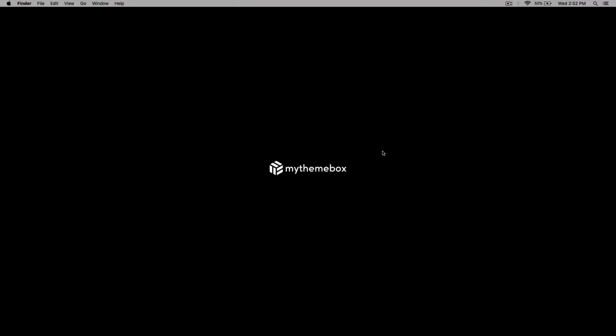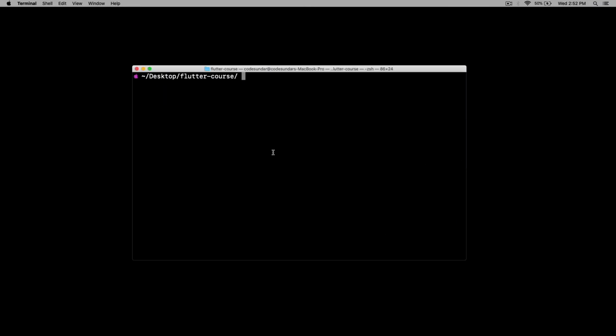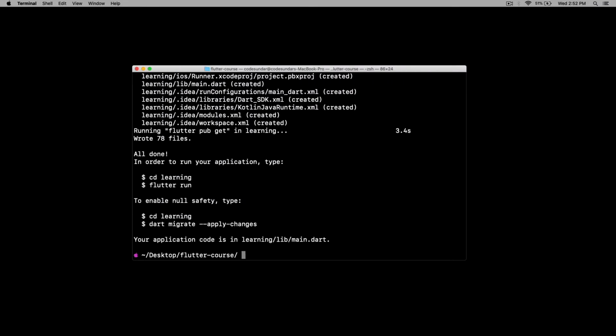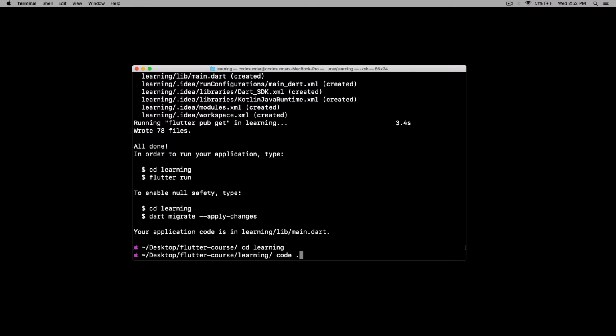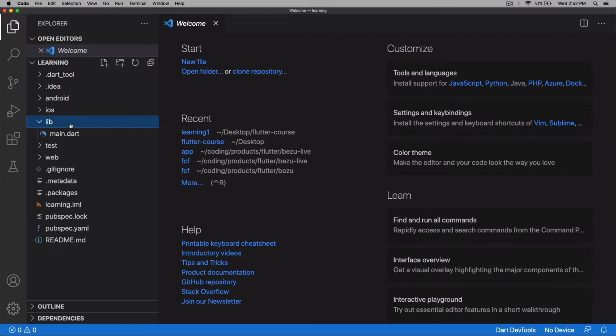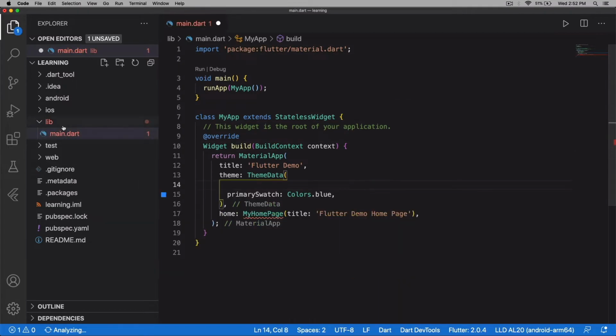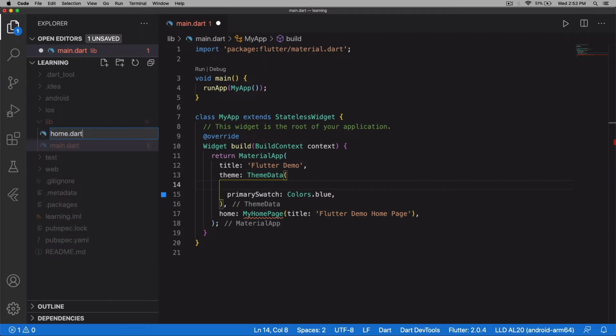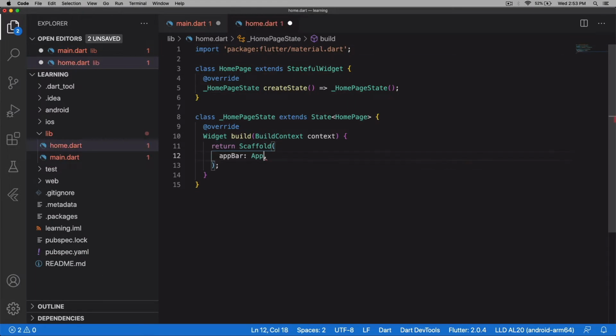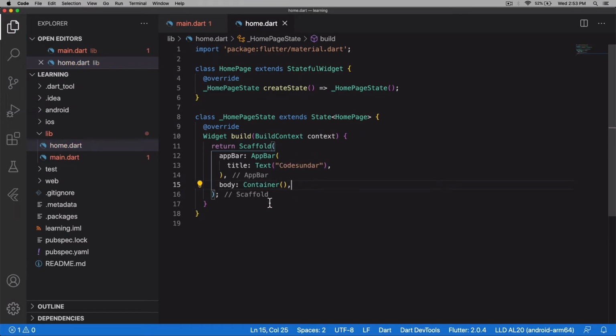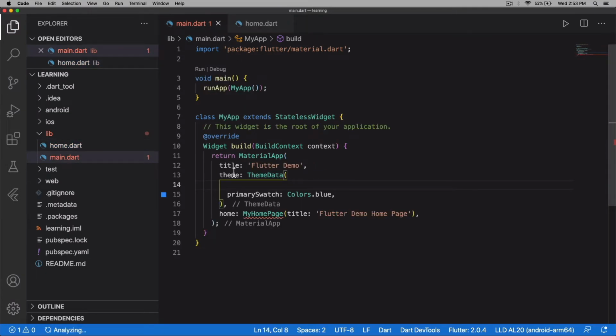To work with the Facebook login, first we have to create a Flutter project. I'm opening the terminal, and here I need to create a new project and hit enter. Now the project has been created, so I'm going to the working directory and opening the project with my code editor. Here I need to go to the lib folder and main.dart, so I'm going to remove this code. I'm going to create a new file called home. Now we return an empty container and here we are going to link the page.